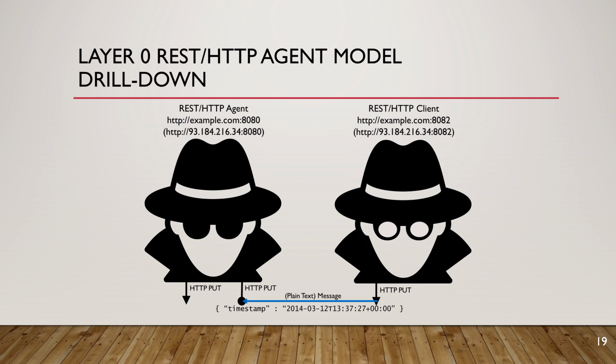That stuff's to come in the subsequent layers. All the client on the right has is, hopefully, knowledge of the service endpoint address and port for the agent that's to be the receiver of this message. Underneath where it says REST over HTTP agent, that service endpoint has a URL of example.com:8080, and if you do an NS lookup on example.com,